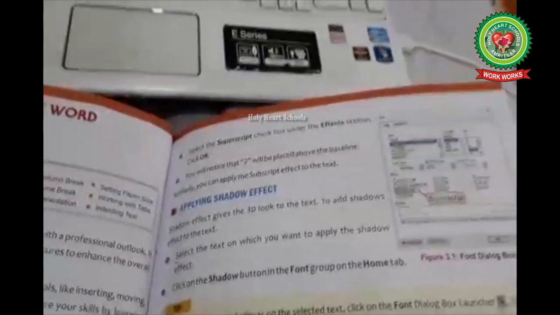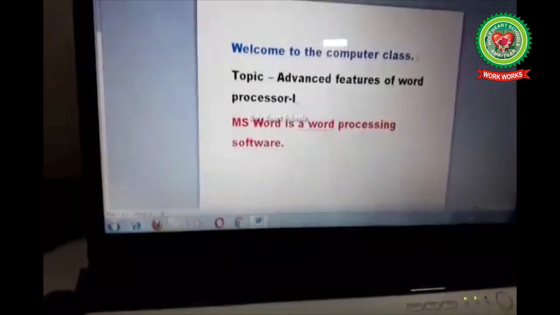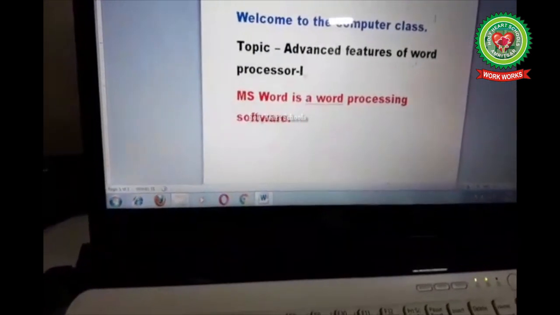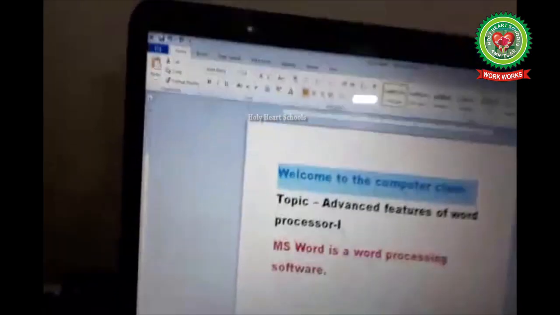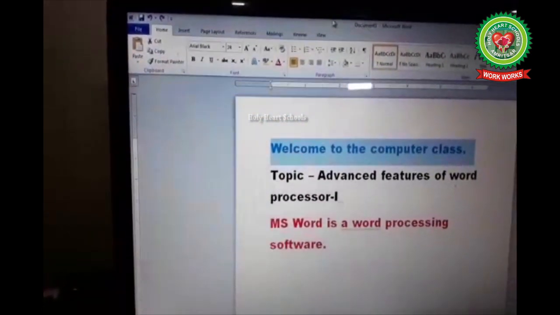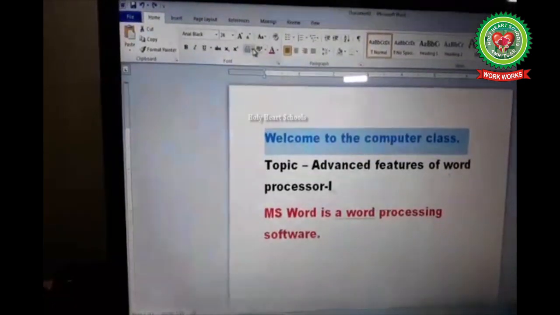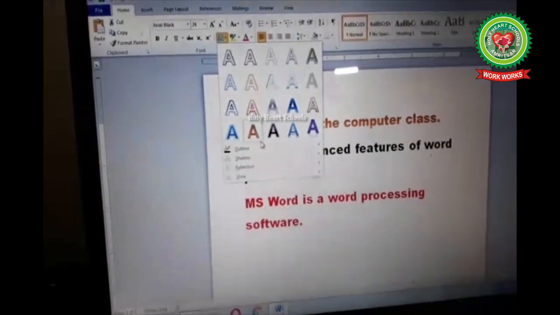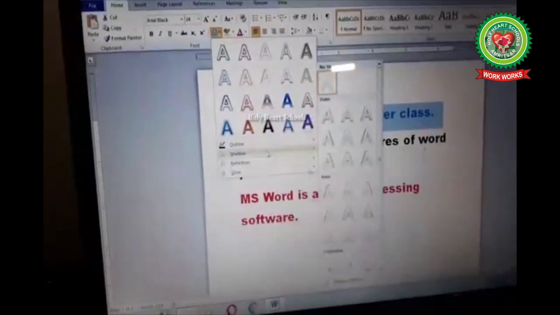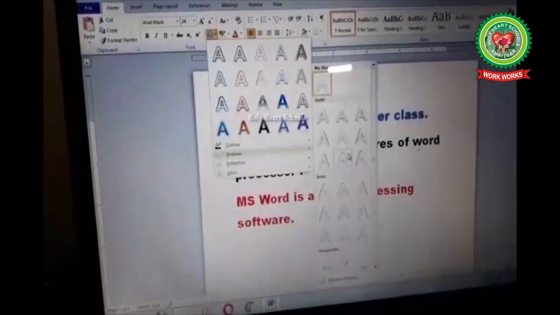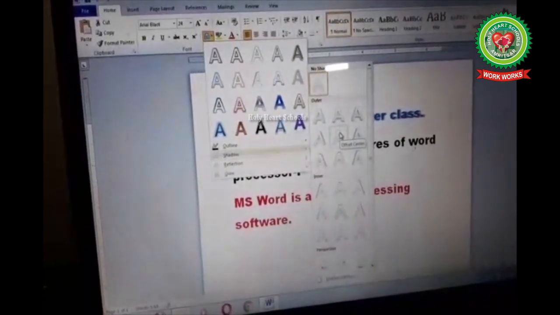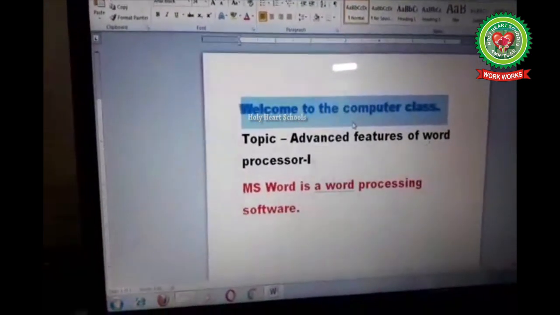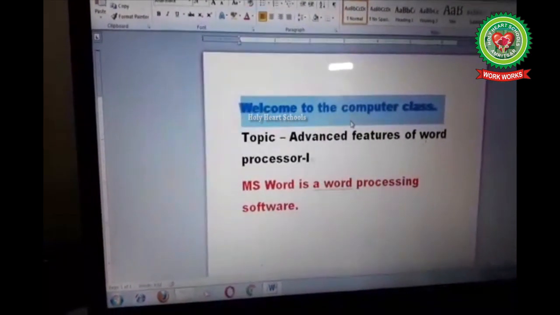So I'm going to perform the practical of how to apply the shadow to the text. Firstly, I will select the text on which I want to apply the shadow effect. Click on the shadow effect button drop down arrow. Here the shadow options come, and you can choose any of the options according to your requirement. So the shadow effect is applied to the text. Now the next one is,